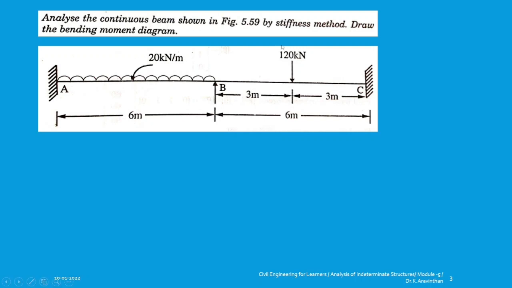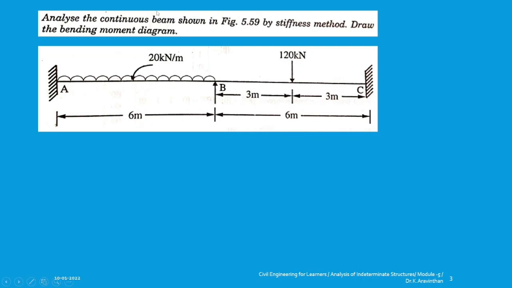In the last module they would have asked by flexibility method or flexibility matrix method. So if that is the question, you have to go for the previous procedure. But in terms of stiffness method, you have to go into this procedure which we will be discussing now. First step is finding the kinematic indeterminacy. To find the Ki, the formula I have given, Ki equal to number of joint into 3,